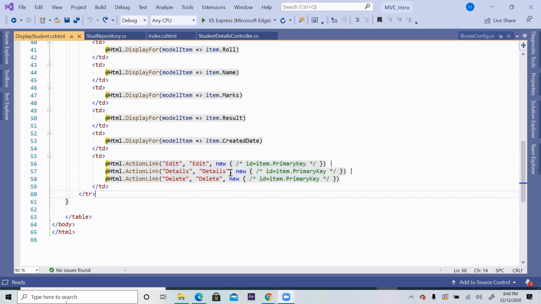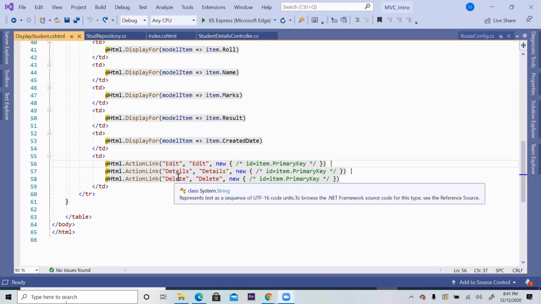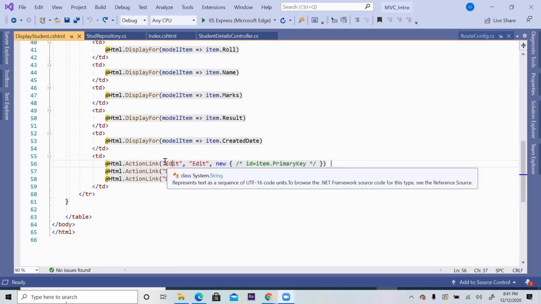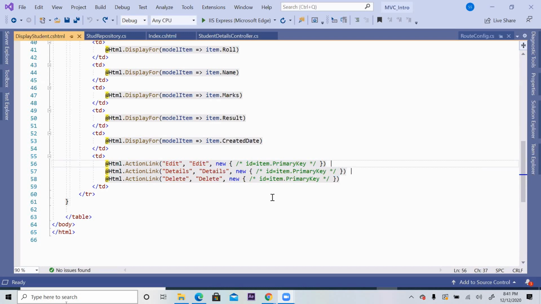For that purpose, you can see some commented lines here. Suppose you are clicking on the edit button, because it's an action link, right? Action link means hyperlink. Suppose somebody is clicking this edit button. What action plan you are going to take, you have not yet decided. That's why inside the new keyword, it has commented things. When you start developing your code, if somebody clicks on edit, I want to pass one parameter from the browser to C# or the controller, that the ID of the student is so and so, or the roll number of the student is so and so.